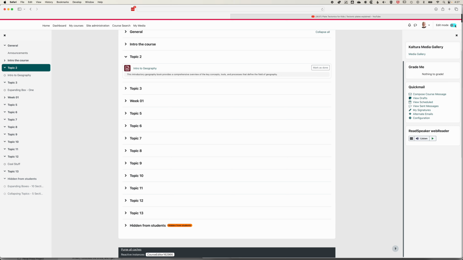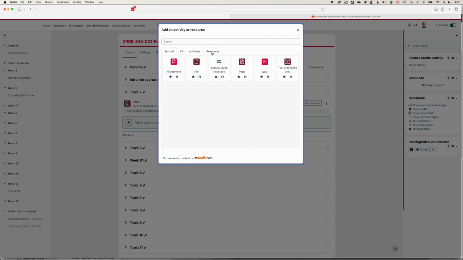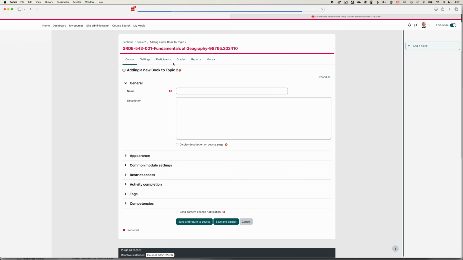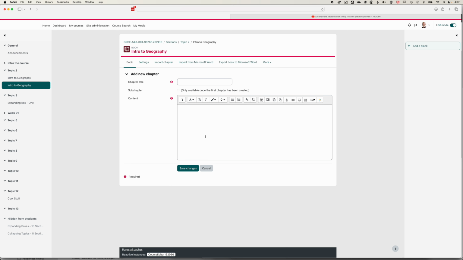We'll turn edit mode back on, and we'll add an activity or resource. So we're going to come to our resources, and you can see we have the book option up here. So the first thing we need to do is name our book. And then again, we can add a short description of that content that will appear on the home page. And now we can hit save and display. And when we hit save and display here, it's going to essentially jump right into the book where we can